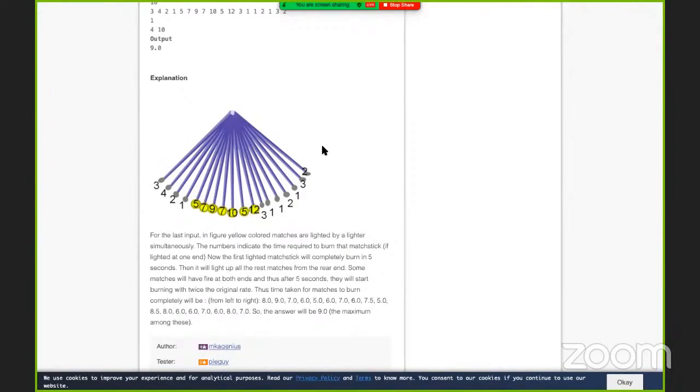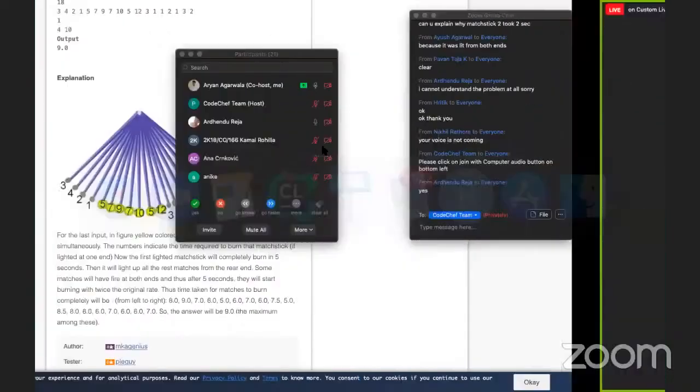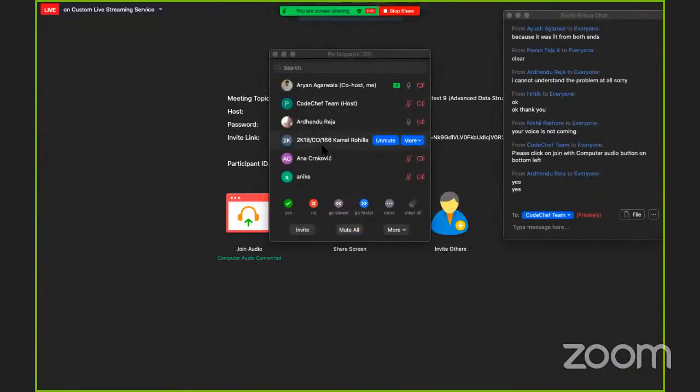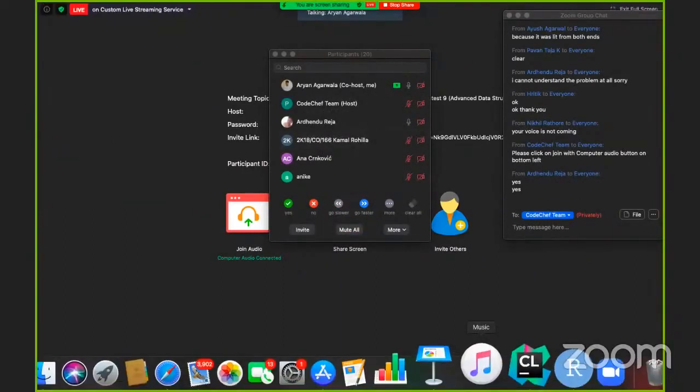Then the flame of one matchstick will reach the end, and that flame will light all of the other matchsticks as well. All of the matchsticks that were already burning will now burn at double speed. So that's the idea. Do you get it? Okay, you got it. Cool.